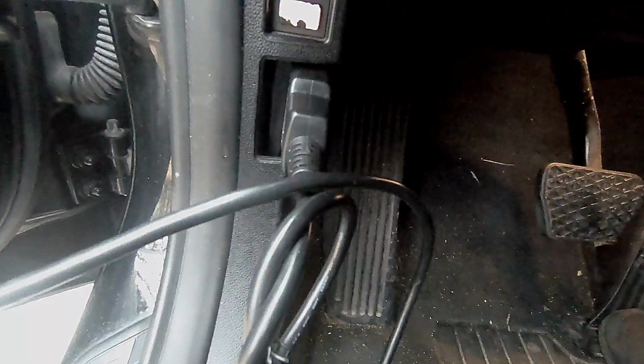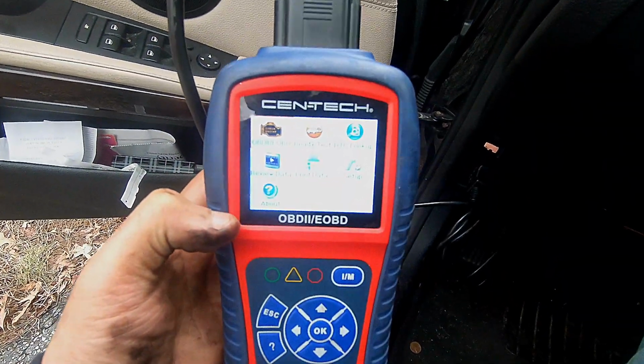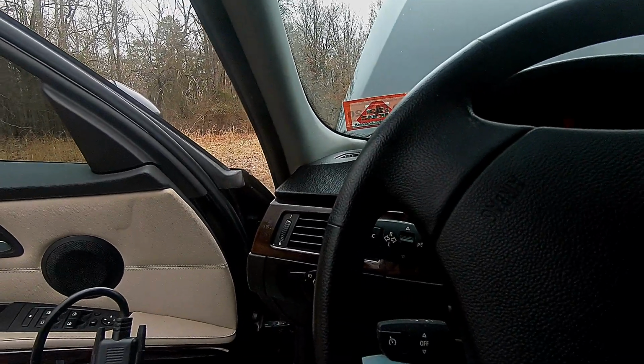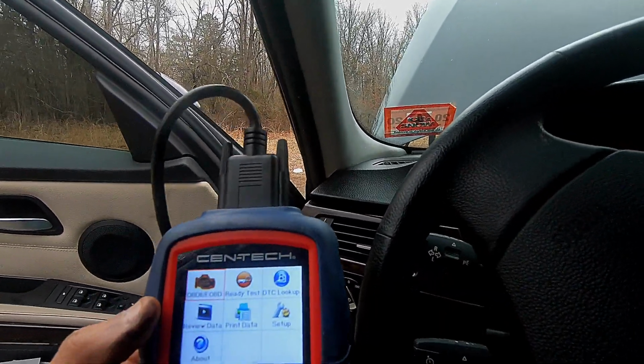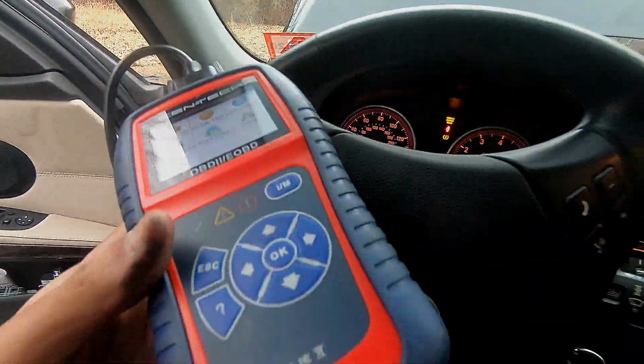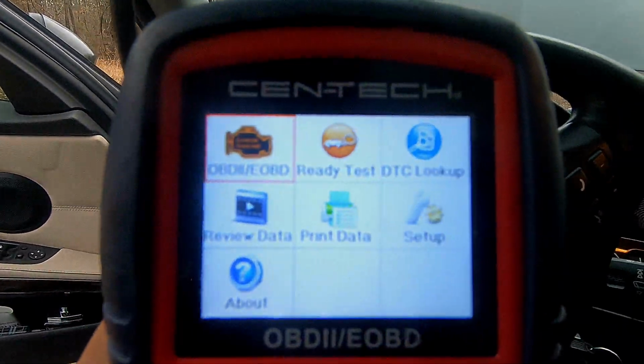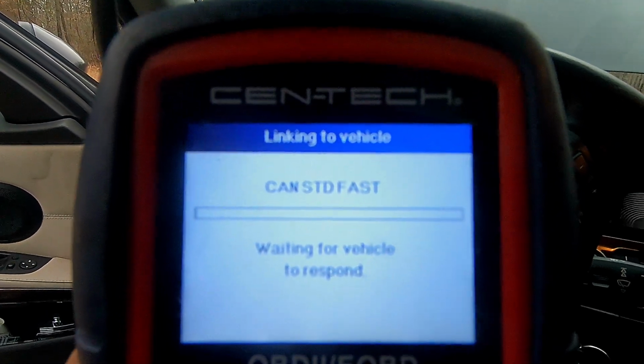Right now I connected the OBD2 scanner, as you can see right here, to the OBD port on the left hand side. It's usually under the dash on the driver's side, but right now we're gonna go into the computer of the car. We're gonna check the engine. We're gonna scan the engine,